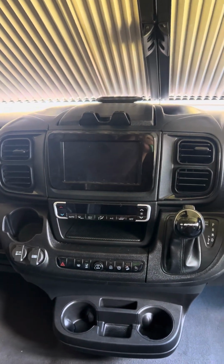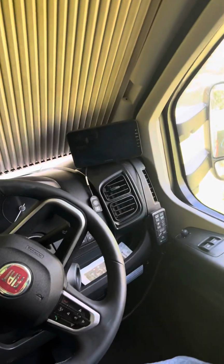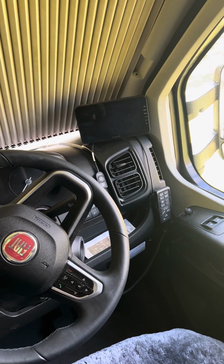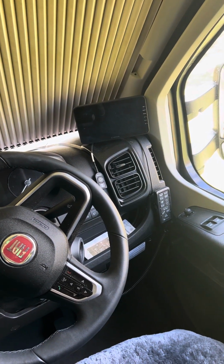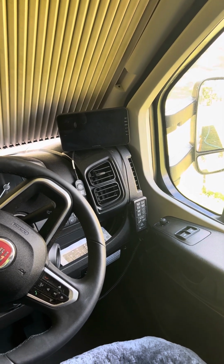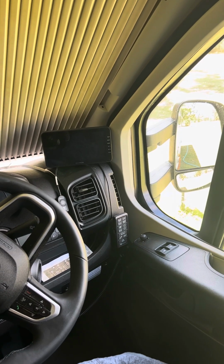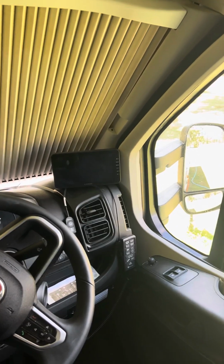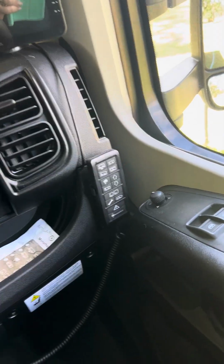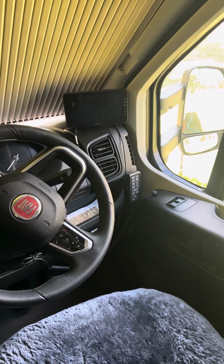Great little dash, with all Android or Apple CarPlay. The monitor up the top is for the camera, so it's a 360-degree camera all the way around, so you can watch yourself driving and see that you're staying in the lane, or see any part of the vehicle and put it on the screen. That little remote down the bottom here is auto leveling, but it's done at the push of a button,